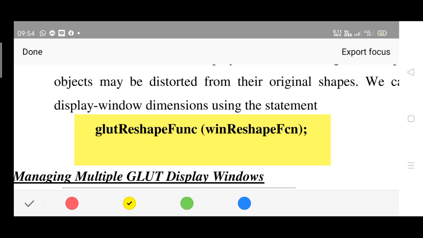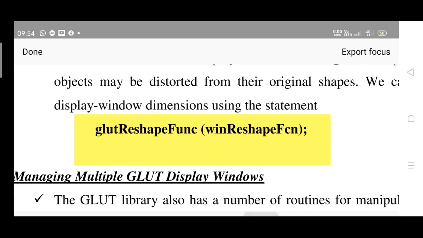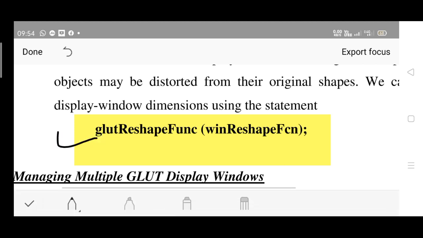We can go for reshaping the display window as per the width and height specification. For that we have to make a call to the built-in function glutReshapeFunc. You can go through experiment number 3 as well as 4. There is a callback from the main function, glutReshapeFunc, which takes 5 or 6 different parameters for